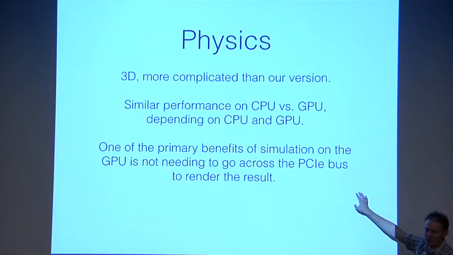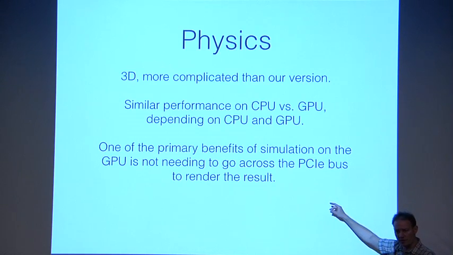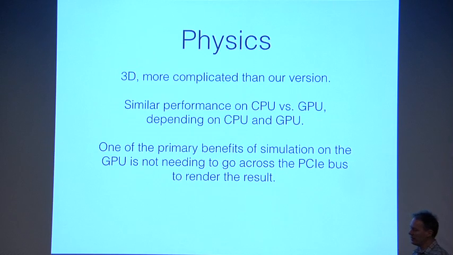The primary benefit of doing it on the GPU is not necessarily performance in terms of compute, but the fact that, talking about the last lecture, the PCIe bus is this tiny little straw compared to the GPU memory. If you do your simulation on the GPU, you don't have to transfer that geometry or information across to then render it and show it to you. So a lot of games do this, where they have realistic physical simulation. They do it on the GPU, not because the GPU is the most efficient place to simulate that, but because then you can draw it very fast without having to transfer a bunch of data across the PCIe bus.